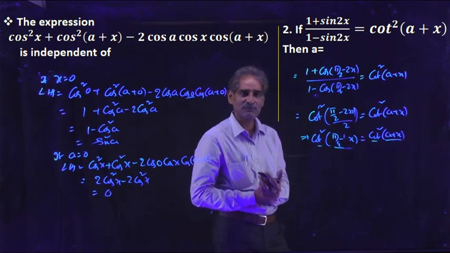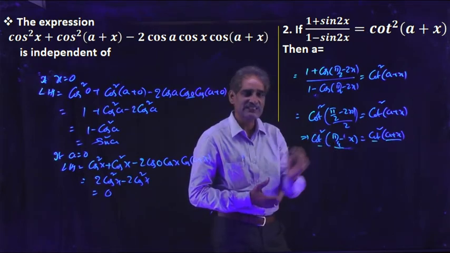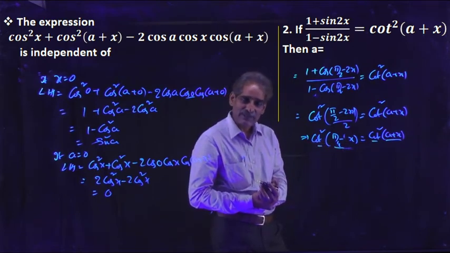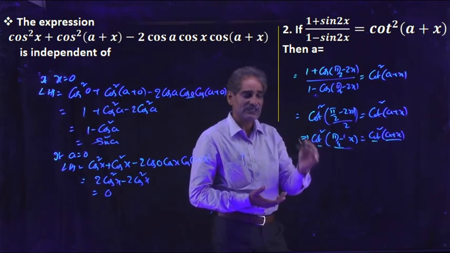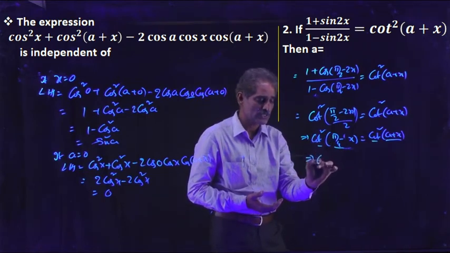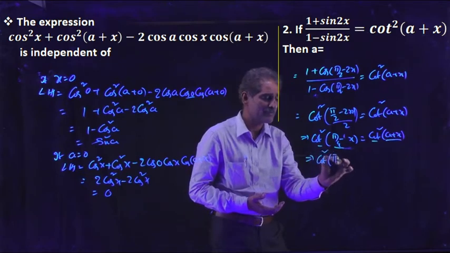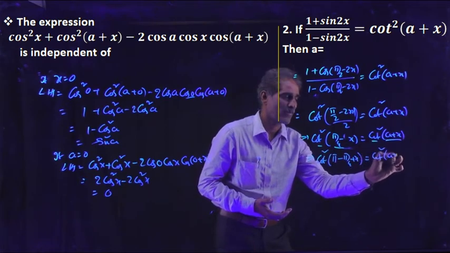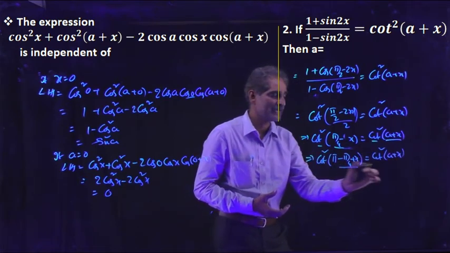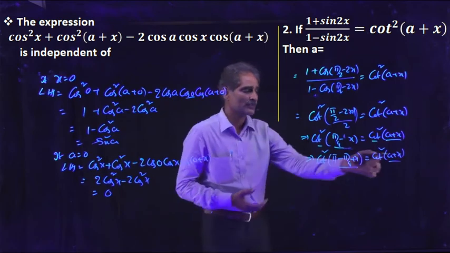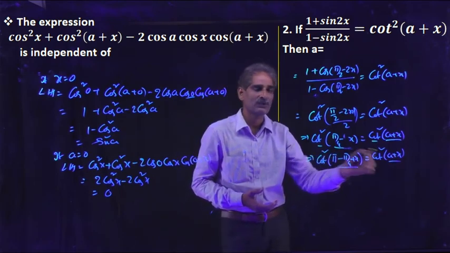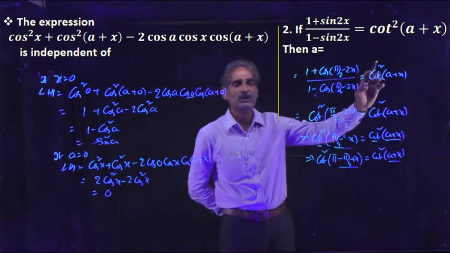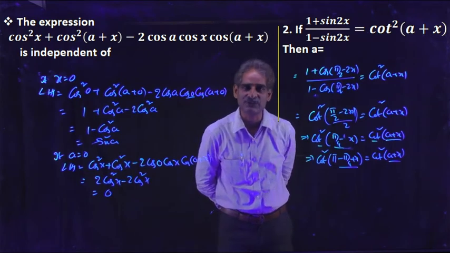It is simple. Here square is there. You can write cot of (pi minus theta) as minus cot theta. But square is there, so no problem with the negative. So we can write cot square theta as cot square of (pi minus theta). By direct comparison, x is the same, and pi minus pi by 4 is equal to a. Just observe that. This expression is equal to cot square of (a plus x). What is the value of a is what is asked.